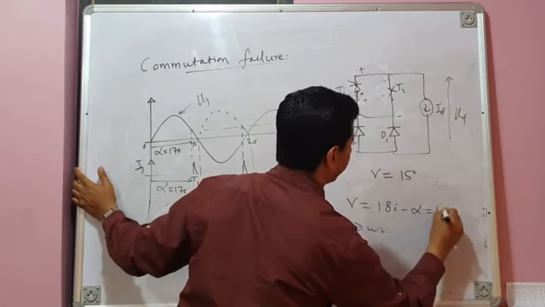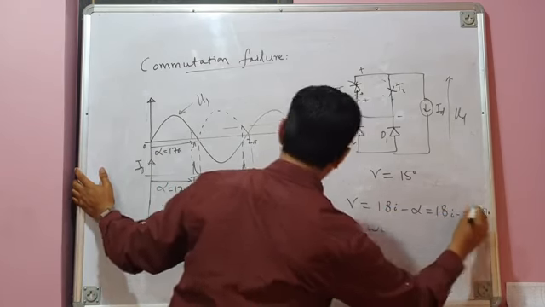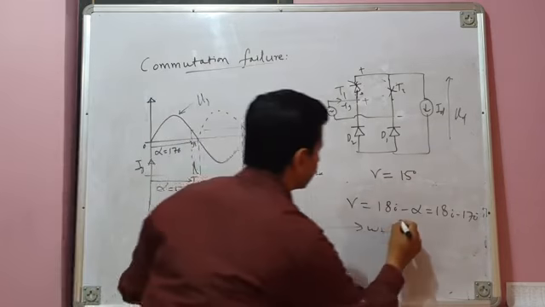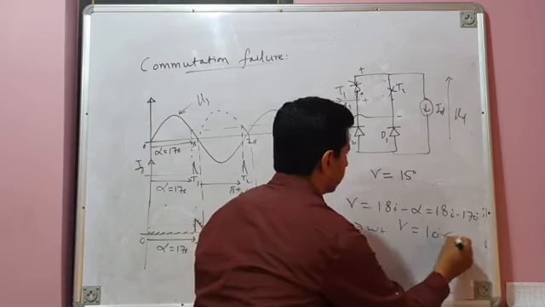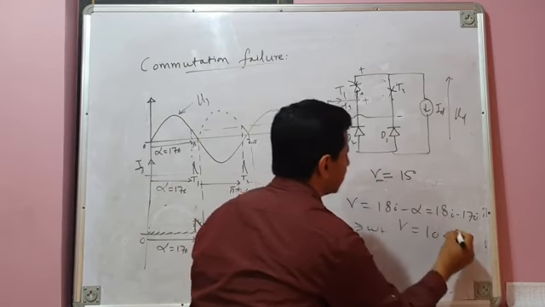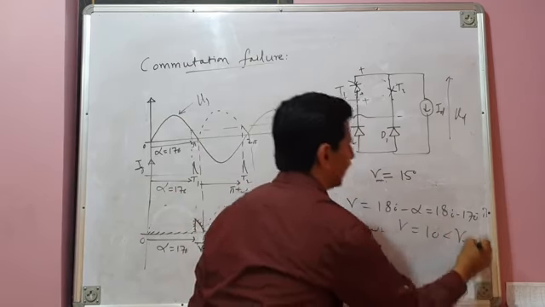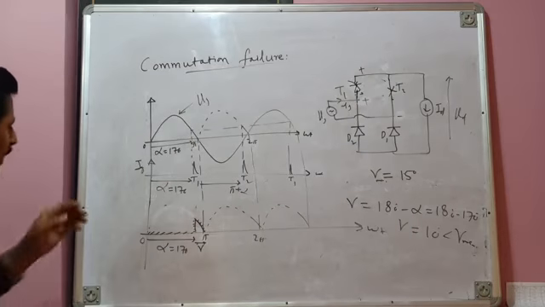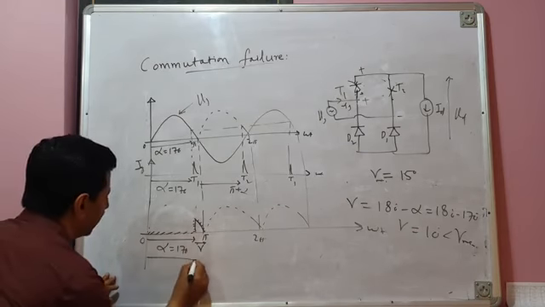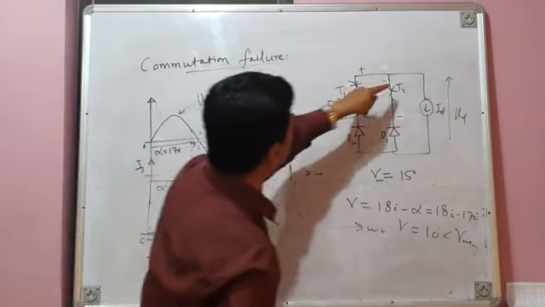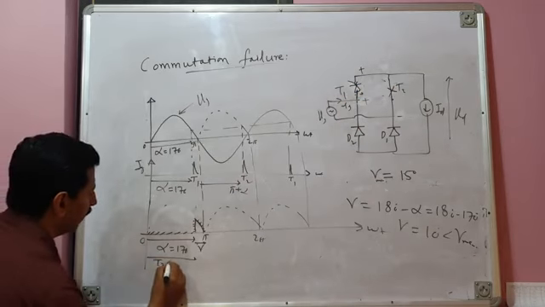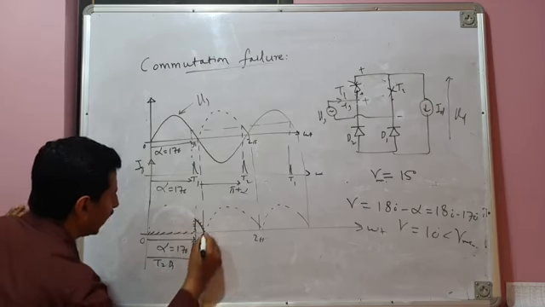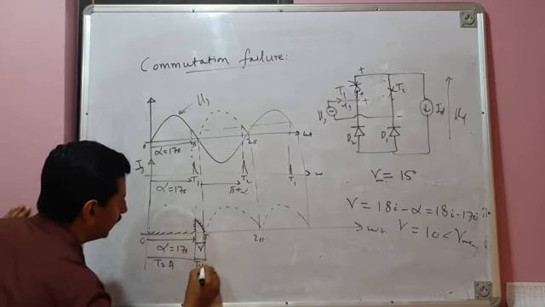And what is my alpha? My alpha is 170 degrees, as you can see. So my gamma is only 10 degrees, which is less than, let me call this gamma min, which is less than gamma min, desirable. So that means, देखिए, इससे पहले, what is the pair of devices which was conducting? इससे पहले T2 D1 conduct कर रहे थे. T2 D1 conduct कर रहे थे, और यहाँ से यहाँ तक T1 D1 conduct करेंगे.